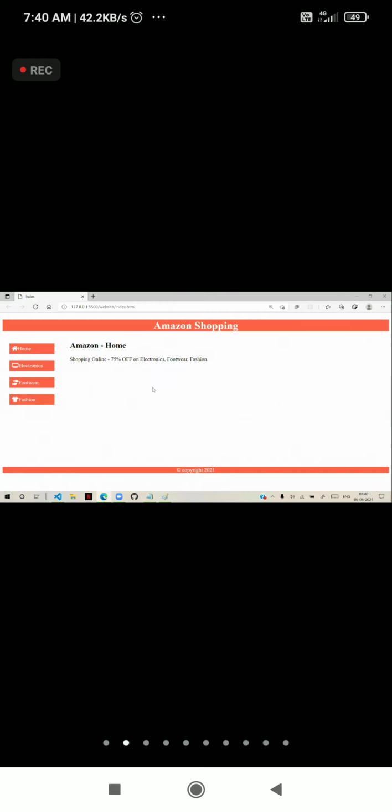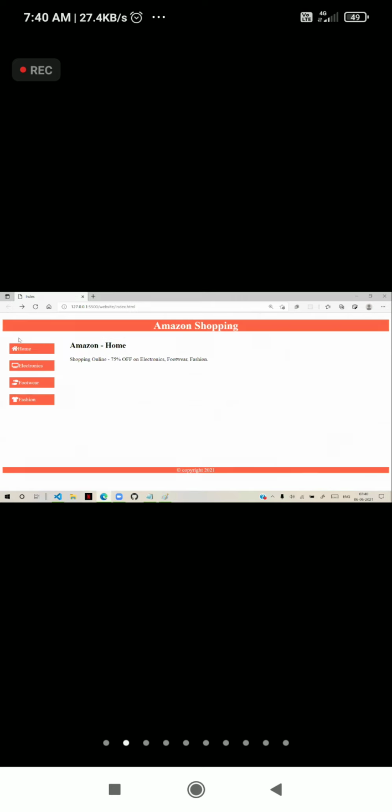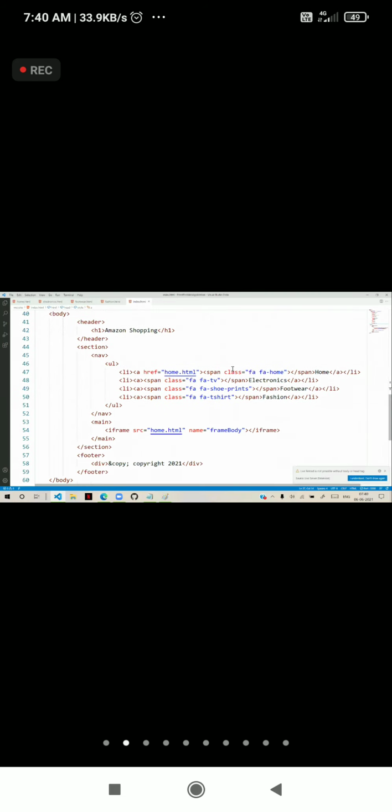You see now, when I click on home, it removes this current page and gets the home page. No, it should open in the iframe. So we have to define the target. Target is equal to the iframe name. The iframe name is frame body. That's how we define it.